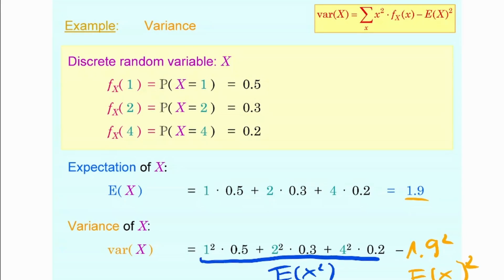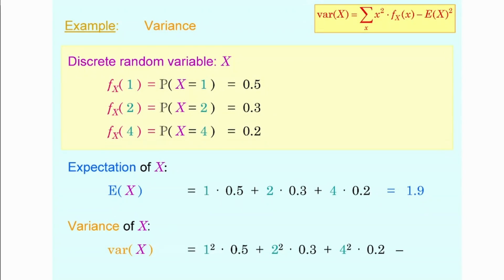Keep in mind, guys, the mean of the squares is not the square of the mean in general, because, among others, the sum of squares is not the square of the sum. Okay, you know this from the binomial formula, among others. Anyway, in this case, it's going to be 1.29, which is the variance of this random variable, and the standard deviation is going to be the square root of that. Okay, so I think you've seen this before in an undergraduate course, but I wanted to have that recall.